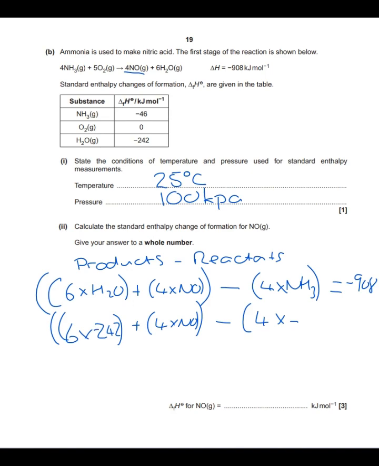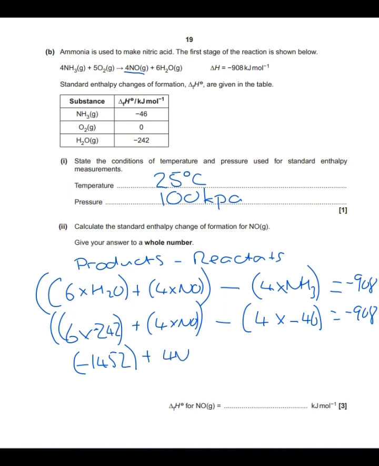So that should be minus 242, and then NH3 is minus 46, and that equals minus 908. Let's multiply that, so that is 6 times minus 242 is minus 1452